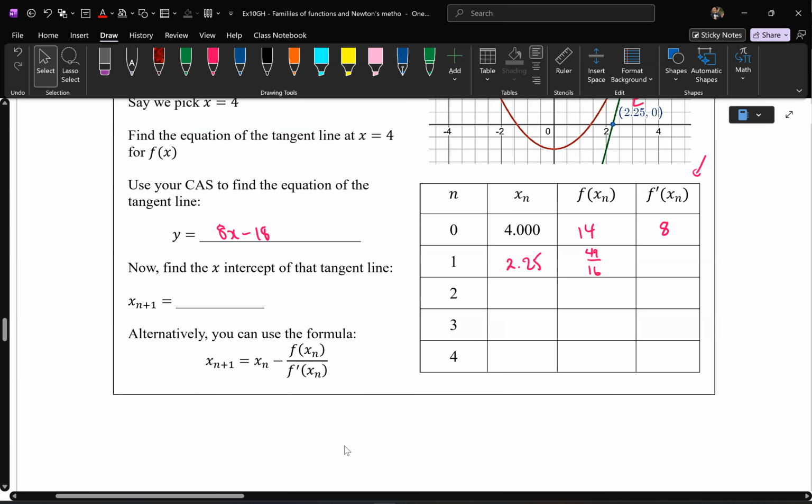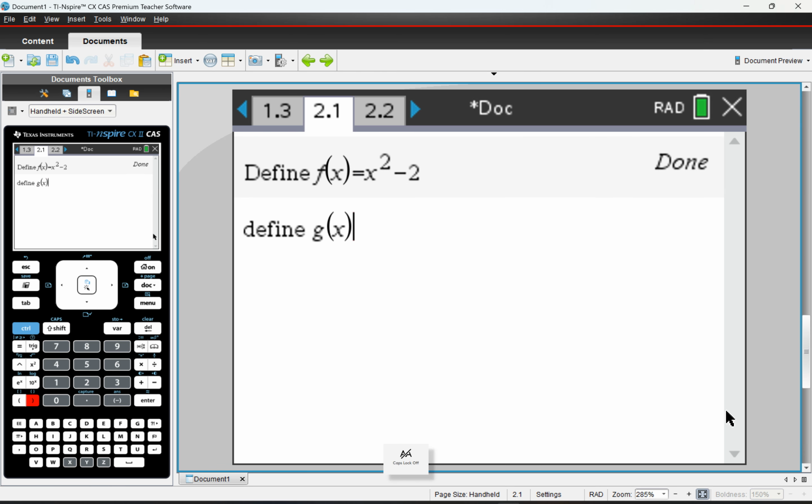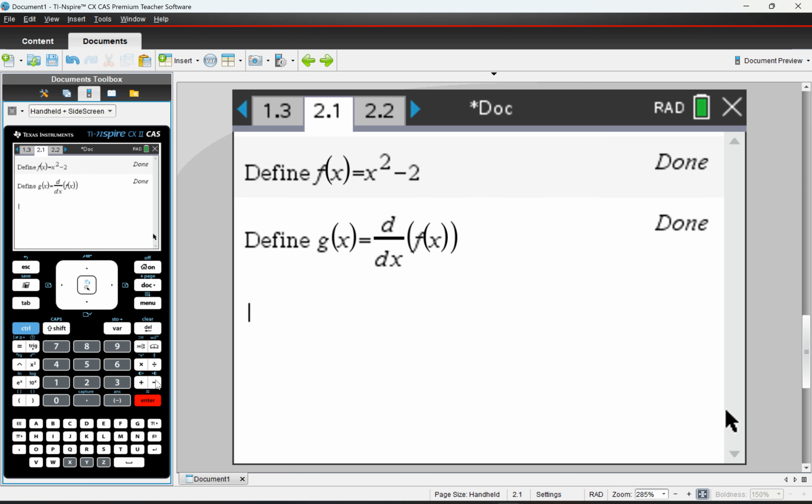All right, it's re-recording. All right, for those who want to do the spreadsheet, I've defined it now. So follow the instructions in my notes. You define the function, which we had as x squared minus 2. Then we need a derivative, so I called it g of x, equal to the derivative, because that's going to give you the gradient value. And then finally, I define h of x